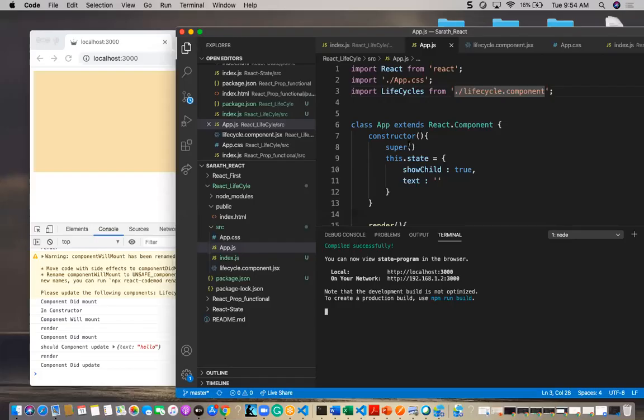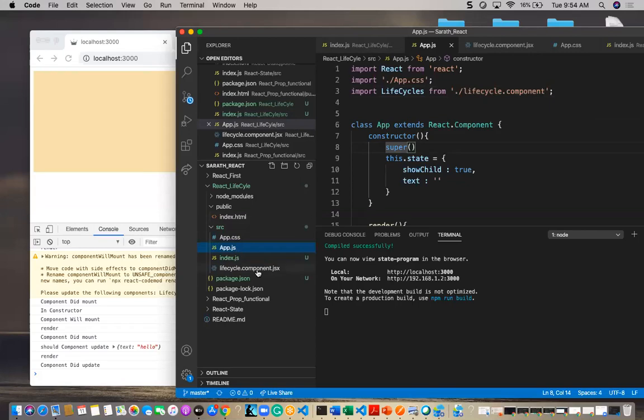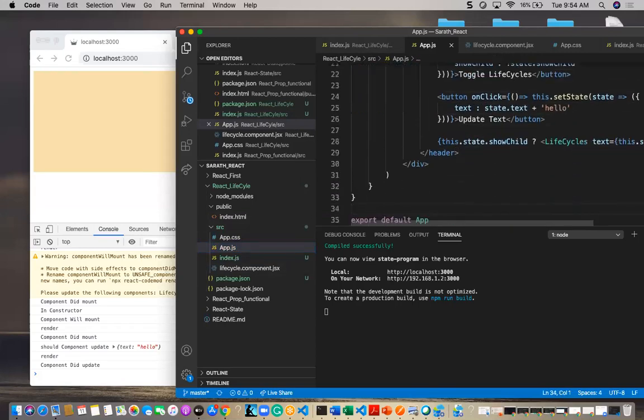Here, text is a property we have declared for this lifecycle method.